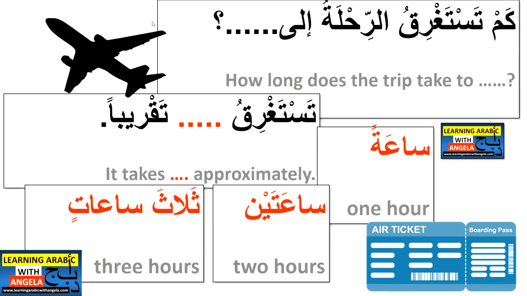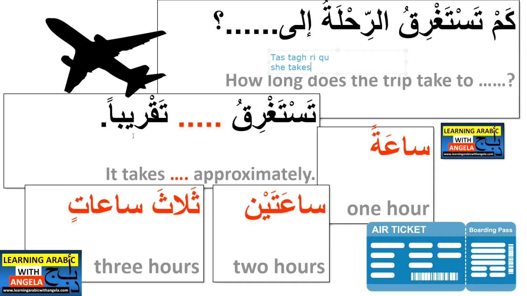Now it's a bit tricky to pronounce, so I'm going to break it up for you. So كم تستغرق. كم تستغرق الرحلة إلى بيروت. تستغرق, that means she takes, literally, because everything in Arabic is either masculine or feminine. الرحلة ends with التاء المربوطة, so it's a feminine noun. So she takes. Okay. تستغرق